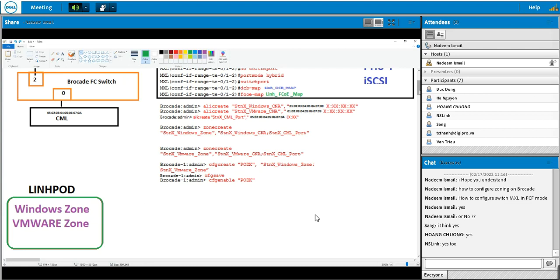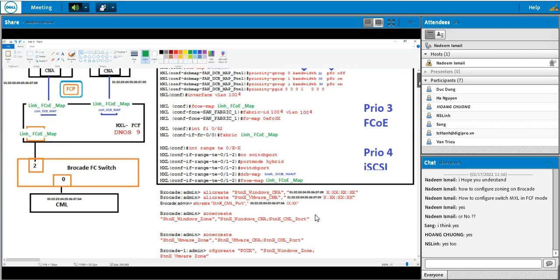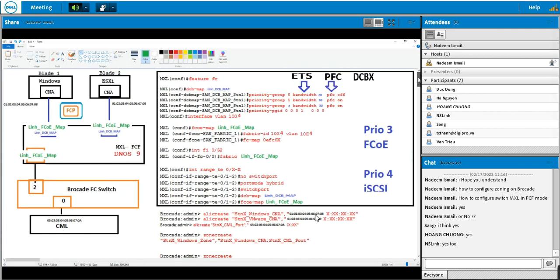So one option where MXL is the role of fiber channel forwarder. Now there could be another scenario where